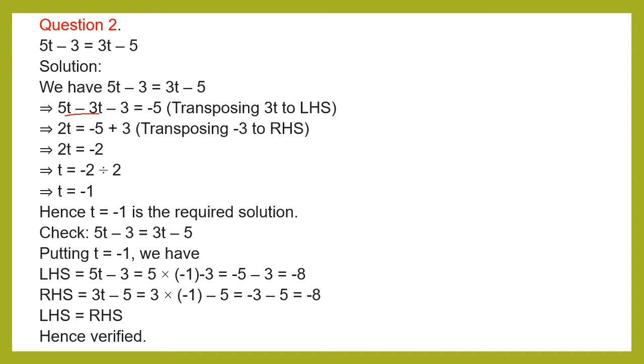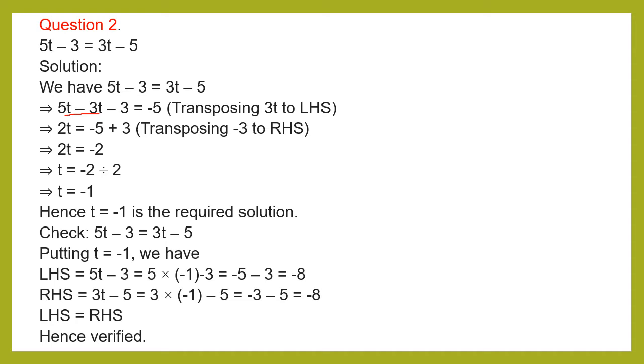Write down the minus 3 as it is. Children, this is minus 5 and this is minus 3. If any two numbers carry the same symbols, we need to add those two terms. So minus 5 minus 3 means 5 plus 3, which is 8. The greater term has a minus sign, so minus 8. So LHS becomes minus 8.